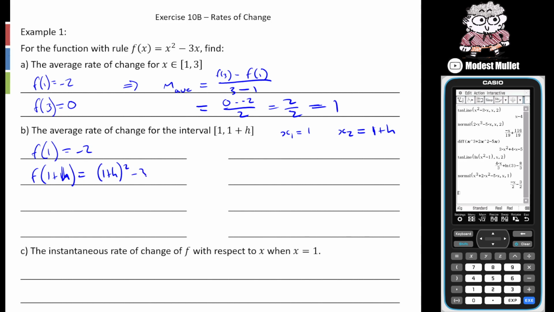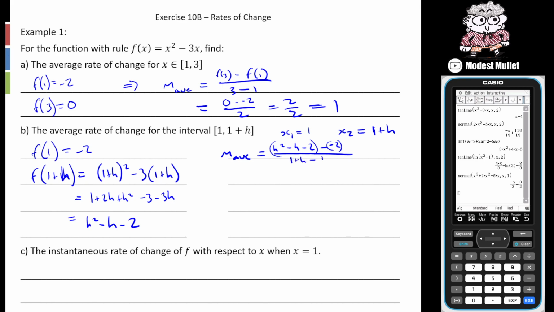1 plus h all squared minus 3 times 1 plus h. I'm going to expand this. So 1 plus 2h plus h squared minus 3 minus 3h, and simplify. So I get h squared minus h minus 2. So my m average is going to be f of 1 plus h, which we said is h squared minus h minus 2, take away the negative 2. Okay, that's our y2 and our y1 over